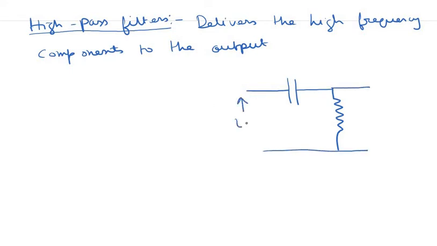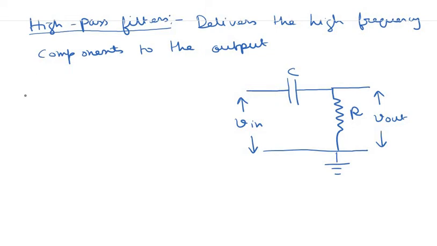So this is the applied input voltage V in, this is the capacitor C, this is the resistor R, and we are taking the output voltage from across this resistor over here. Okay, and you may consider this point to be grounded. Now we already discussed how to analyze this kind of circuit, so right now we will be doing it a little bit faster.